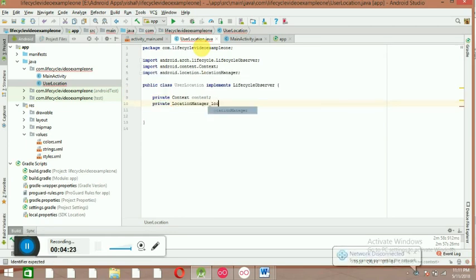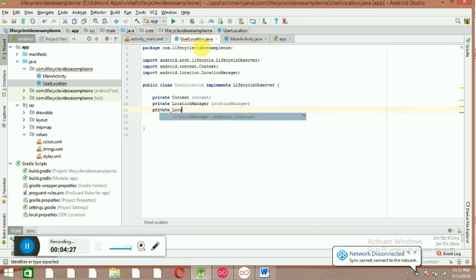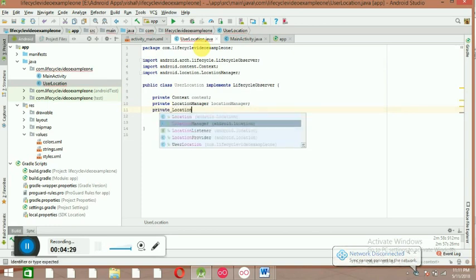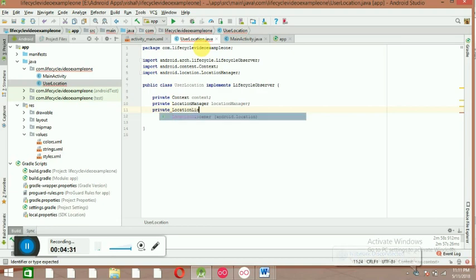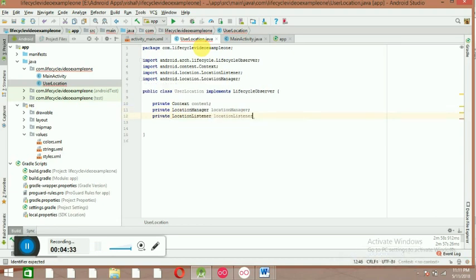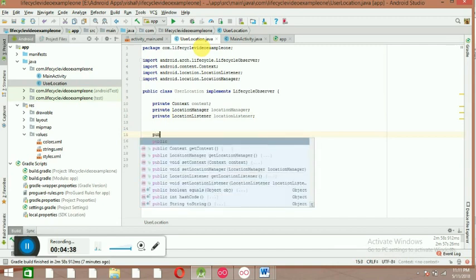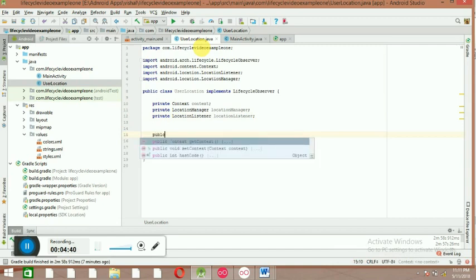manager, reference, and this is your private location. The second thing is we have to put the listener, so this is your location listener. Now we have to call this, so we need a constructor